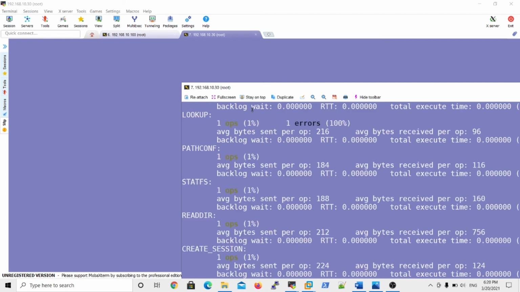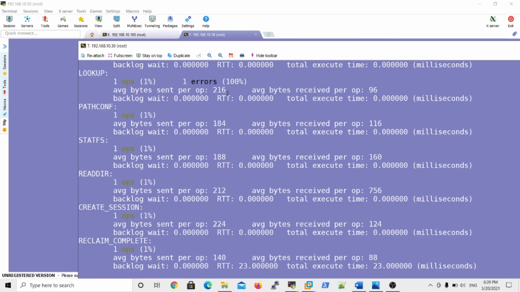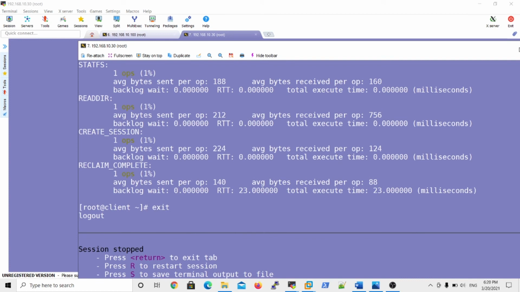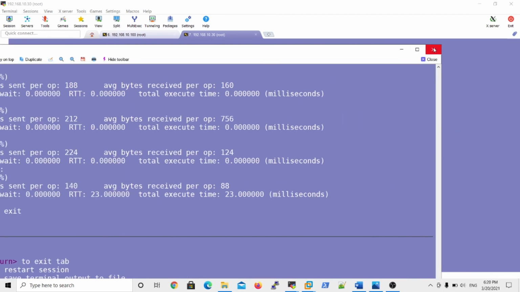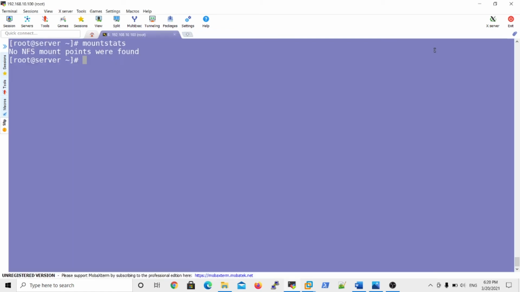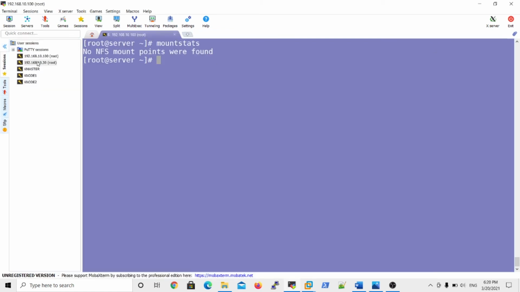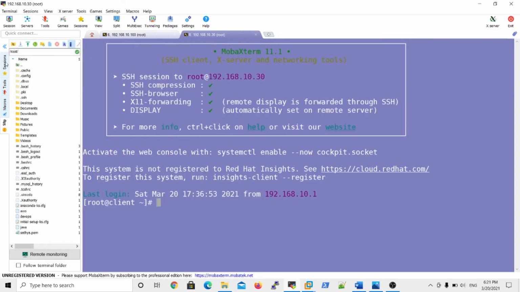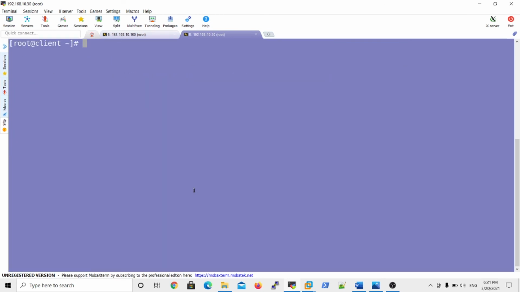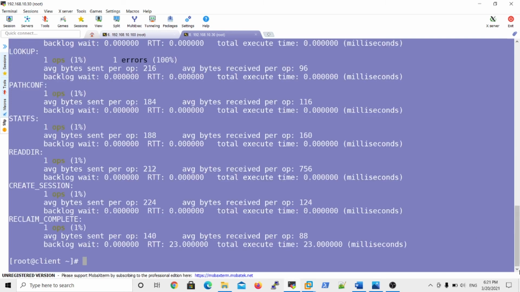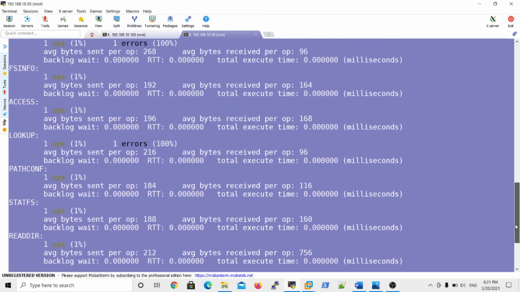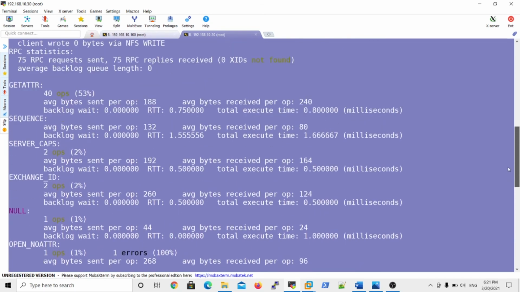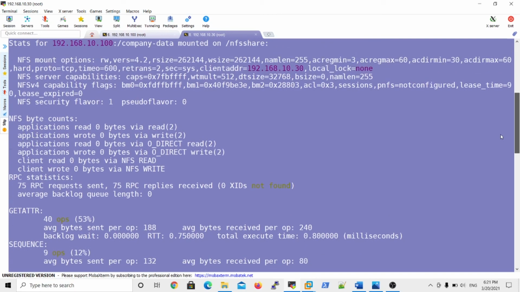So in mountstats, what are the mounted and everything is listed on the client side. If you run the mountstats command, then it displays what are the mounted directories and the mounting points, and everything is listed on the client side. So this is the information about your mountstats.